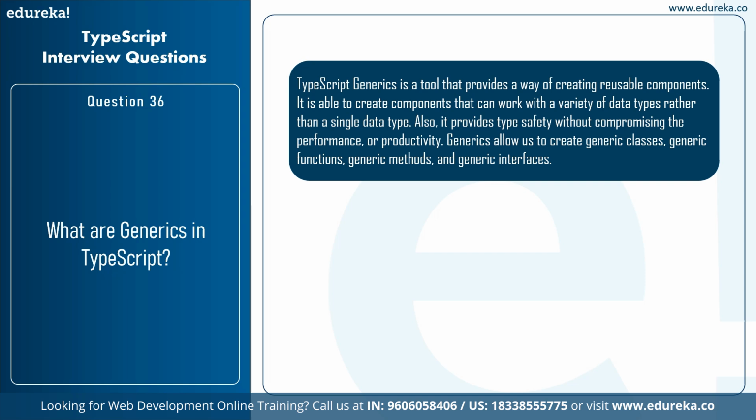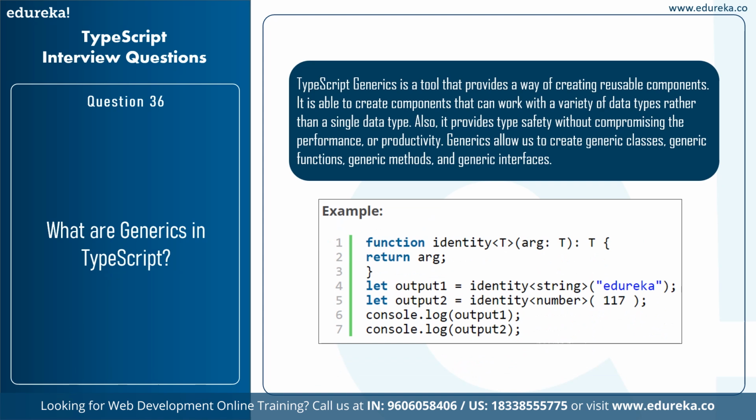Now, in generics, a type parameter is written between the open and close brackets, which makes it strongly typed collections. It also uses a special kind of type variable, that is the T, which denotes types. So you can see here is an example where we have the function as identity and we have the type variable that is denoted inside the brackets as T. Then we have passed an argument T.